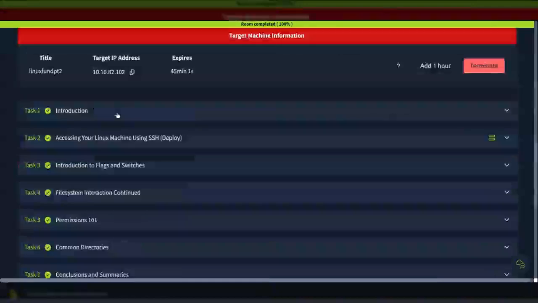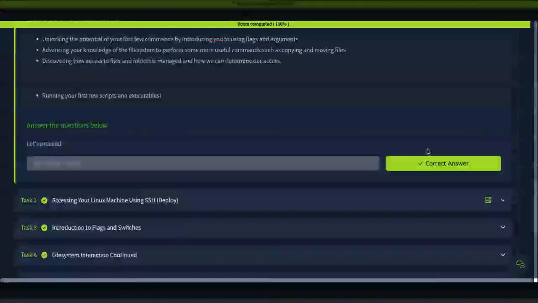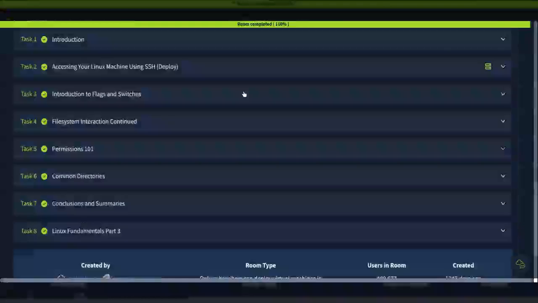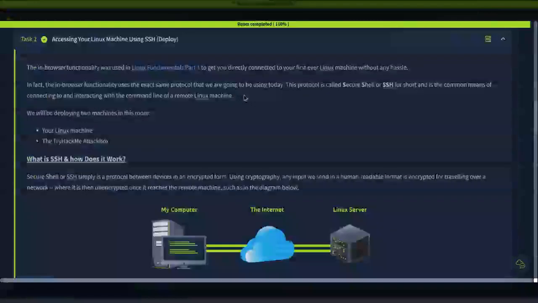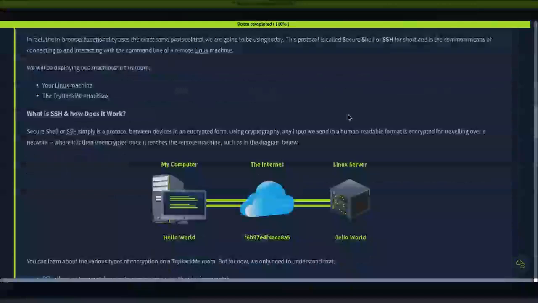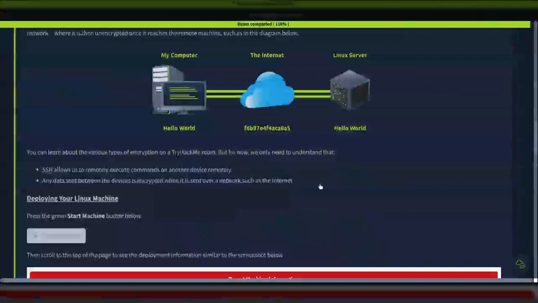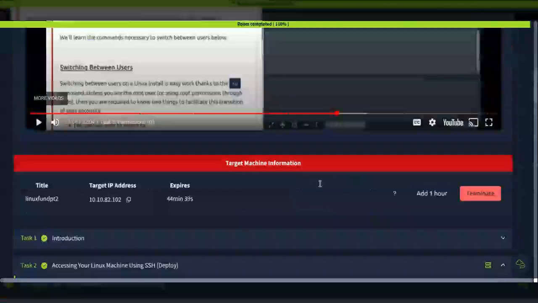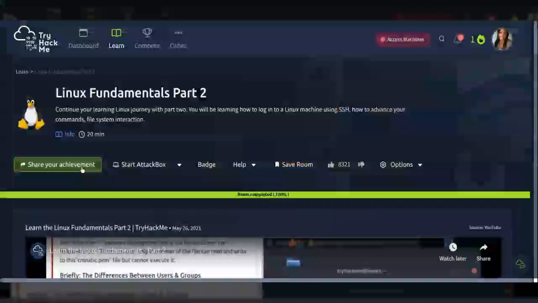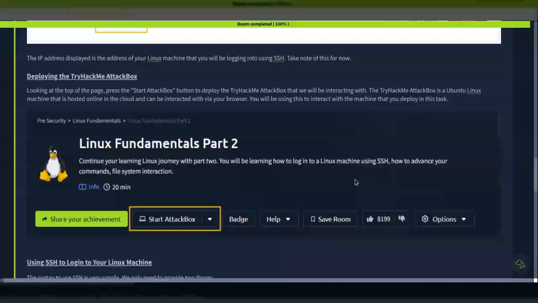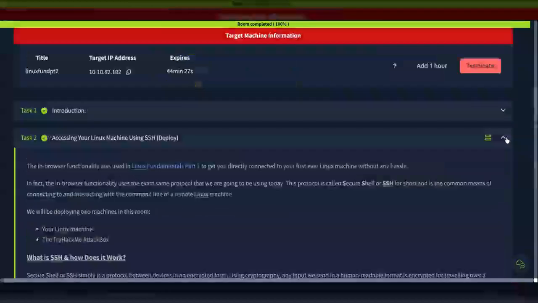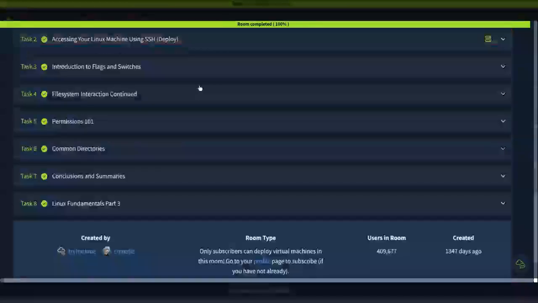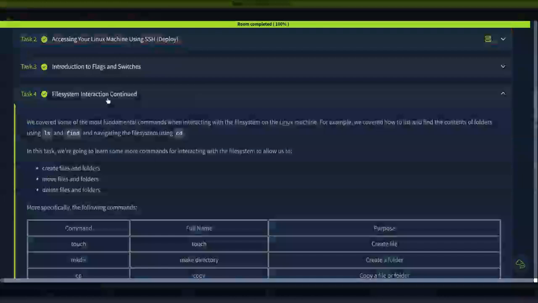So task one's pretty straightforward. Introduction. You're encouraged to review part one. And then we move on to deploying machine information, and then also starting the attack box. So that is in this task. And then we start going through